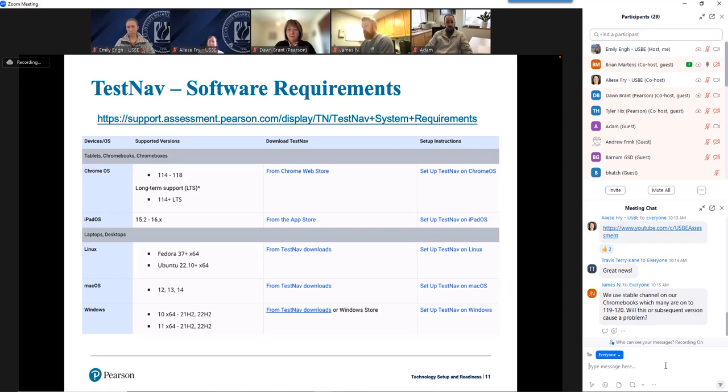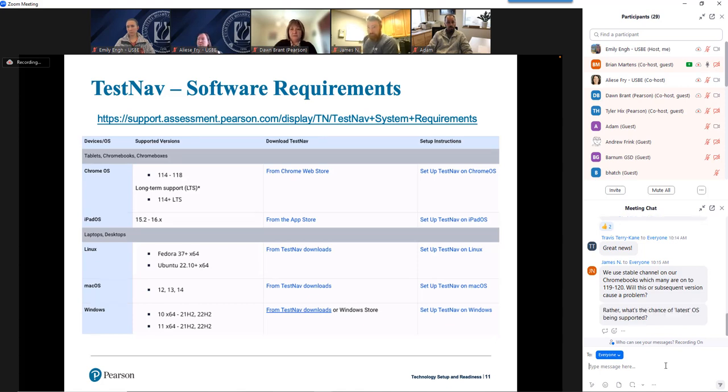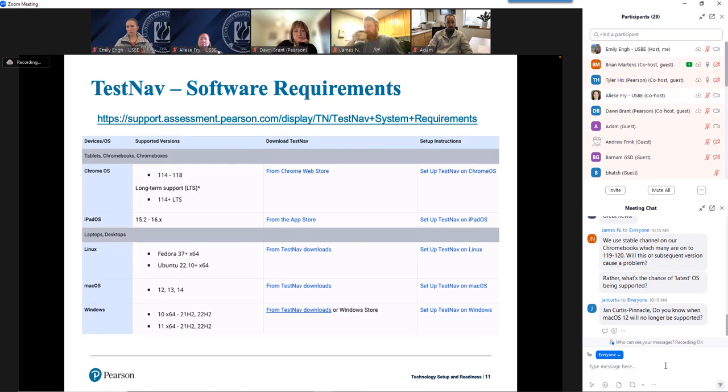But if we hit a wall and you're not on a supported operating system, there's kind of a limit to what we can support after a certain point if we can't get any answers, especially if we run into an issue where it's the operating system version. So just be aware of that. This should be easy to fit in. I think we go back several years on all of these, so it shouldn't be an issue at all.